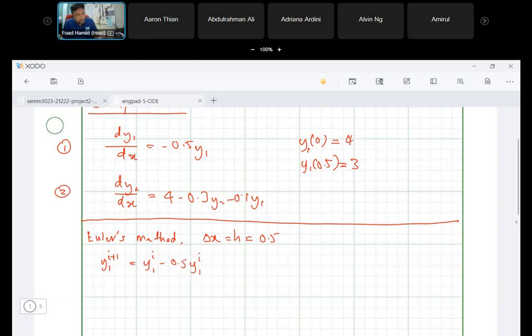And from the second equation, y2 at i plus 1 equal to y2 i, and then plus 4 minus,